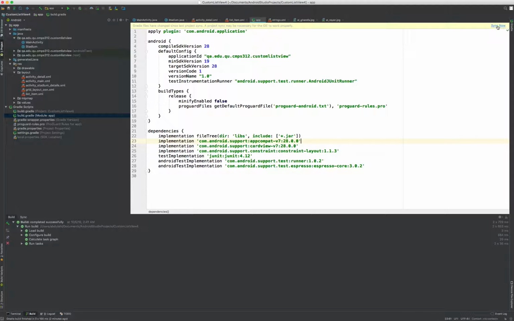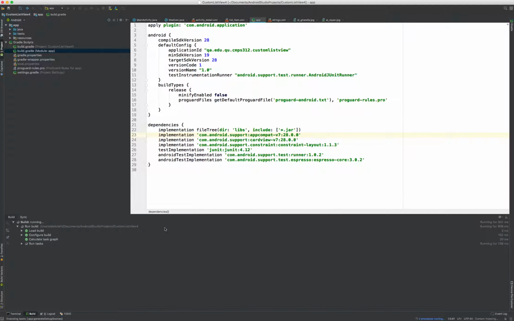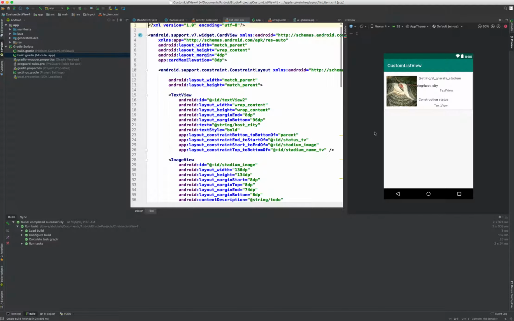Okay, so you will then sync your project on the top. You will get the card view. Now the card view is recognized, which means when you check your list item, it should display like that. If you did everything correctly, then you should have a similar view like this. Now